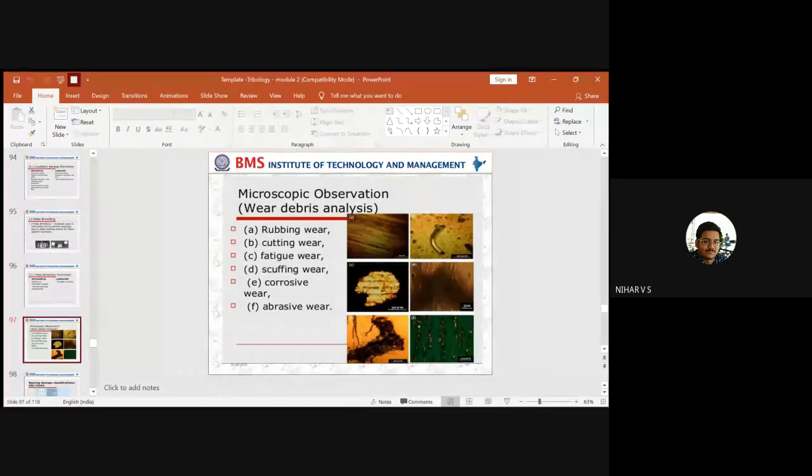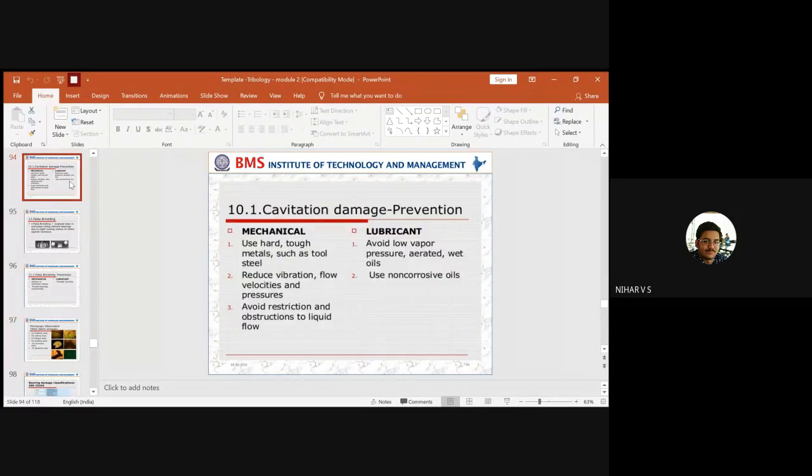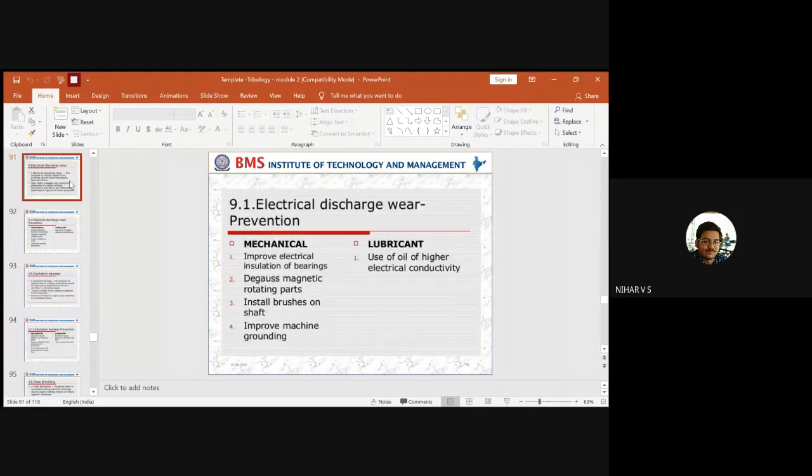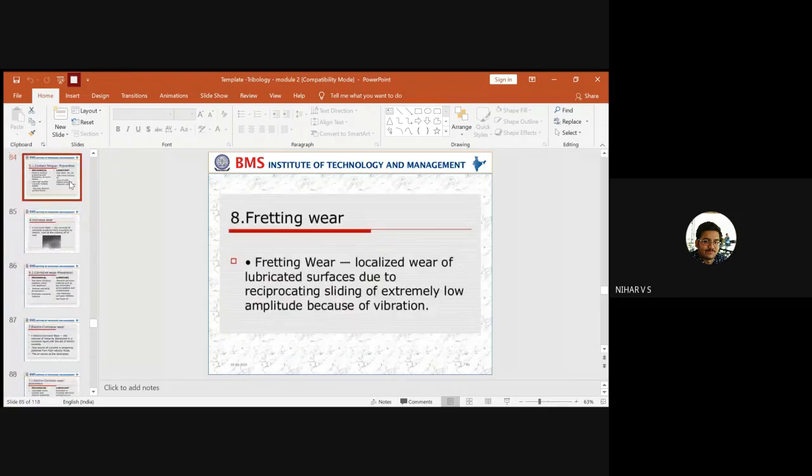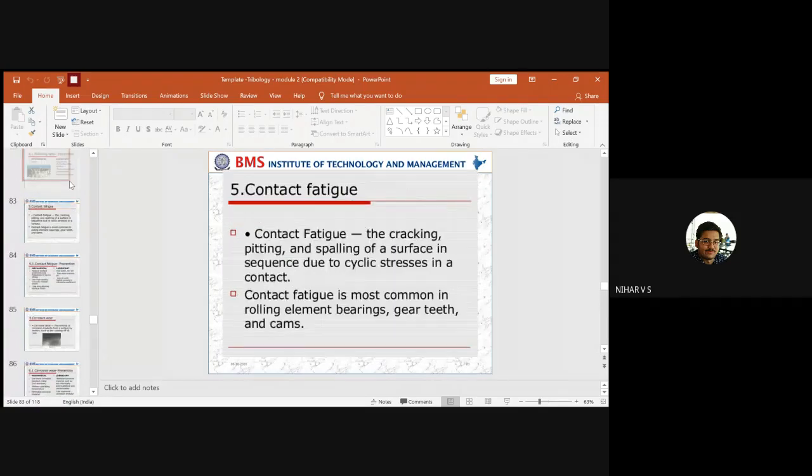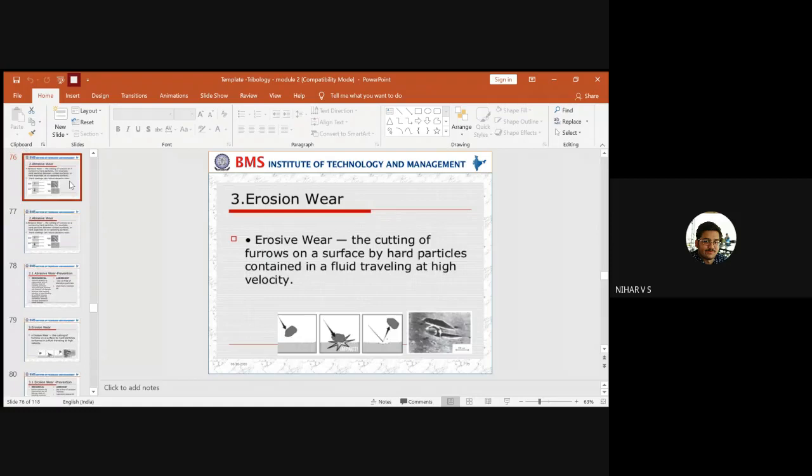Why is debris analysis needed? For that, analysis at the microstructure level is needed. There is a particular protocol we need to follow to do the wear analysis. In previous slides I also showed you the three main verticals in which wear analysis could be done, and one of them is our microstructural studies.